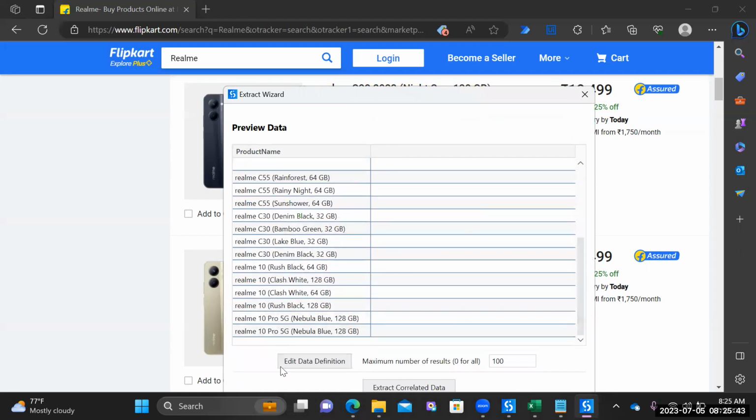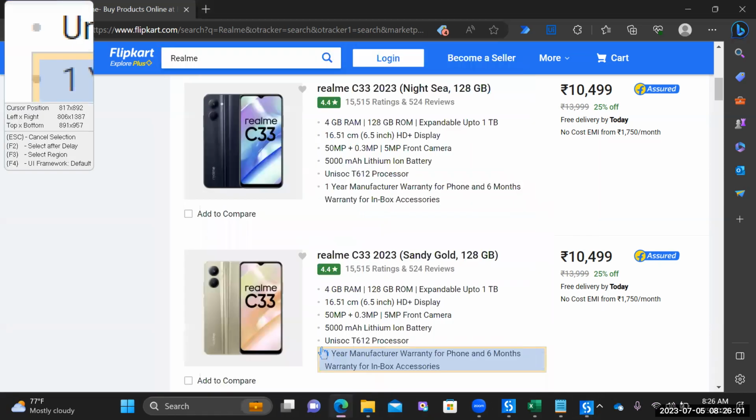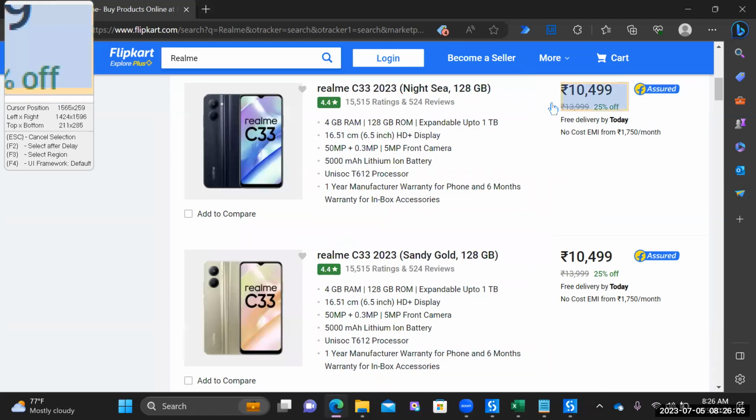Okay, now after that, if you go for extract correlated data, here I am clicking on extract correlated data because I require some more data. That's why I'm clicking on extract correlated data. Same, again I need to highlight the